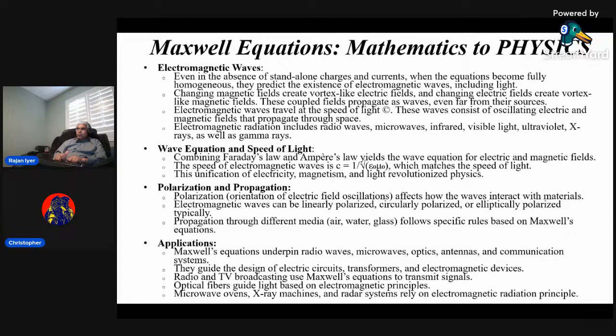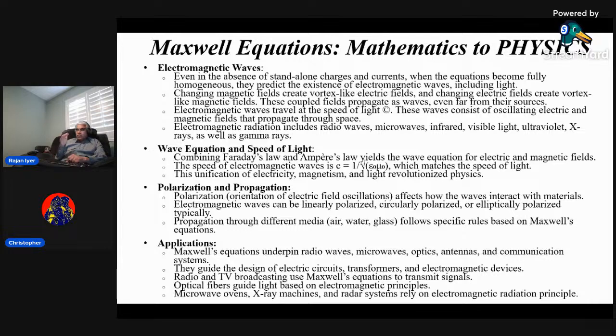go through space. So changing magnetic fields create, because he said that changing magnetic fields create vortex-like electric fields, and changing electric fields create vortex-like magnetic fields. So they go back and forth like a cycle. And those coupled fields propagate as waves, even very far from the sources. They keep going. There's a self-propulsion aspect, and they travel at the speed of light, especially in vacuum, constant speed of